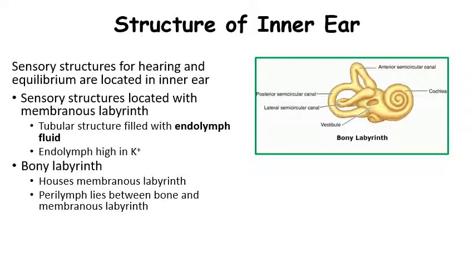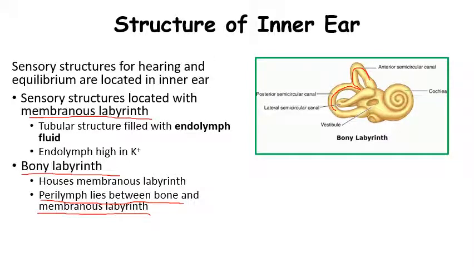So hopefully this looks a bit familiar from anatomy, but in that inner ear, in that temporal lobe, you have this bony labyrinth. Okay? And so the sensory structure located in, we have the bony labyrinth, okay? And perilymph lies between the bone and what we call the membranous labyrinth. So the membranous labyrinth basically follows the same bony labyrinth, it's just an inner structure, and that